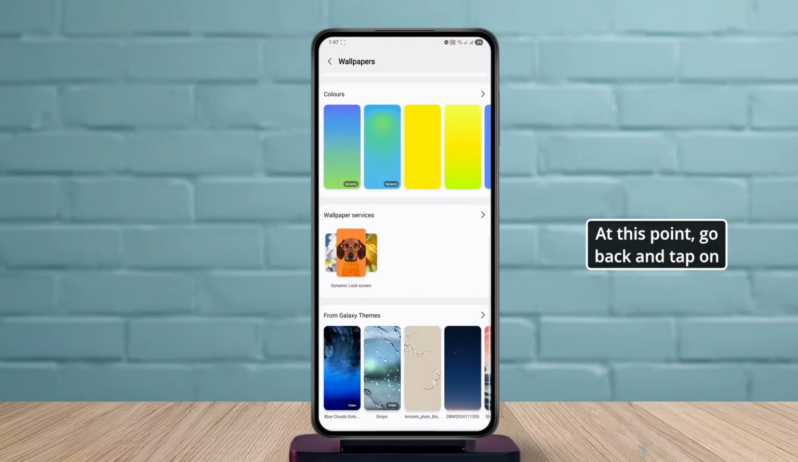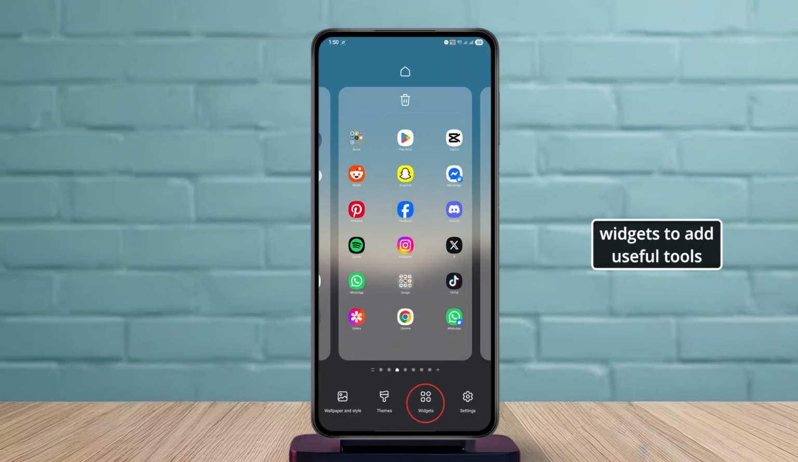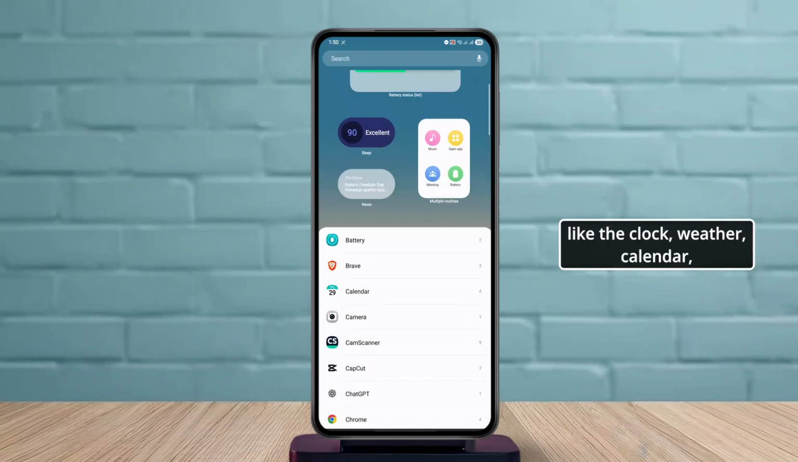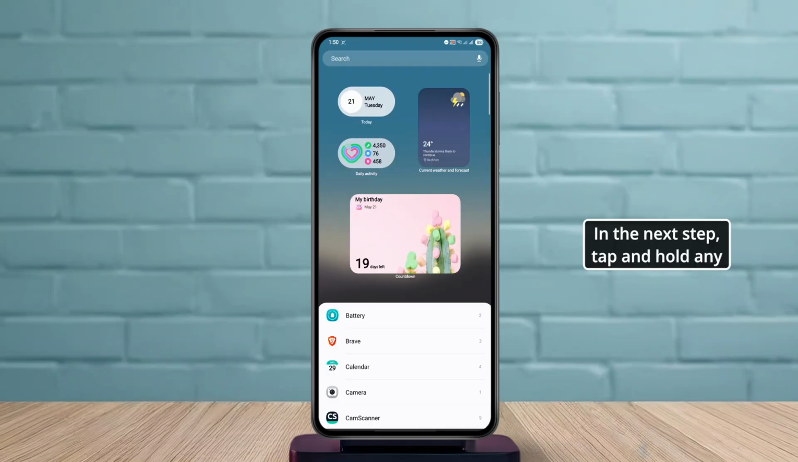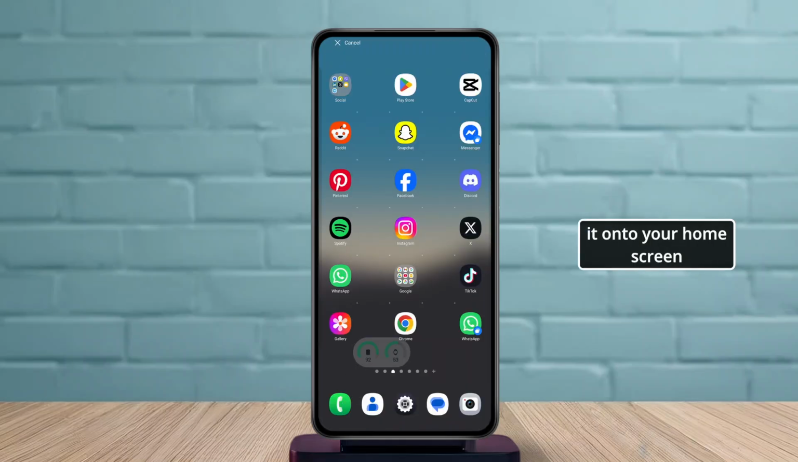At this point, go back and tap on Widgets to add useful tools directly onto your home screen, like the clock, weather, calendar, or battery indicator. In the next step, tap and hold any widget you like and drag it onto your home screen and position